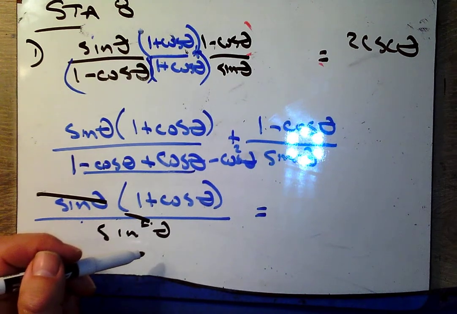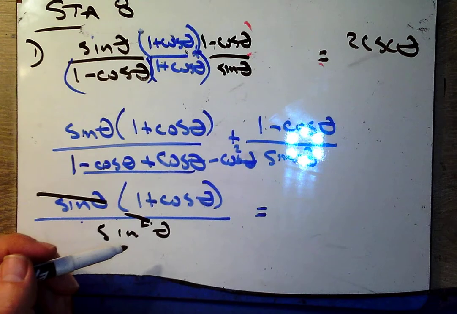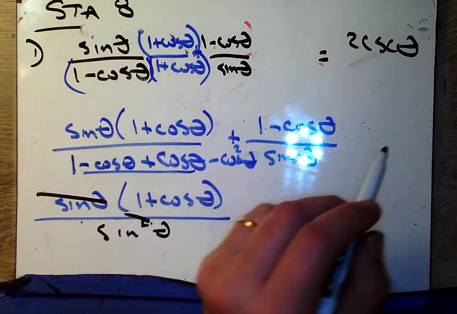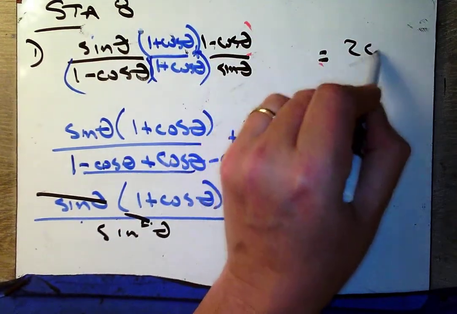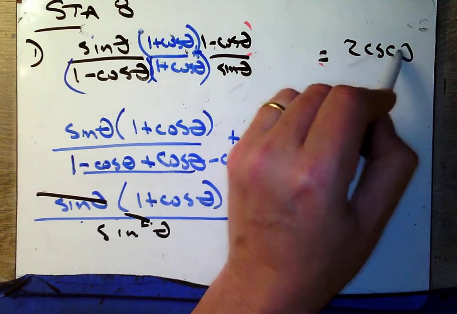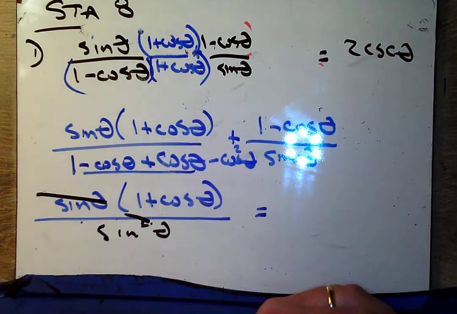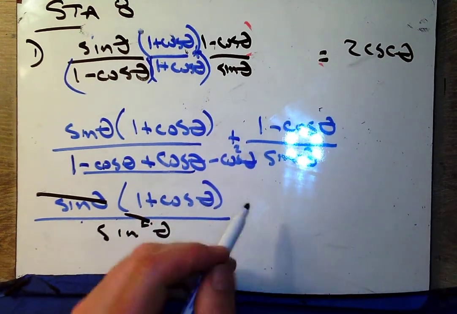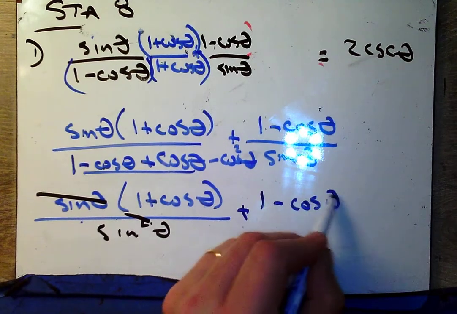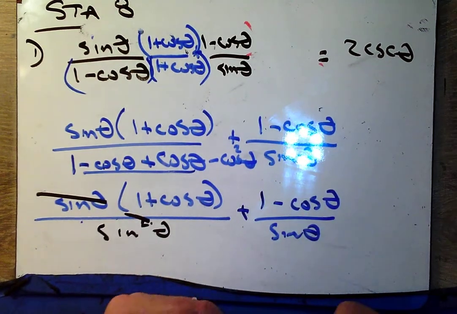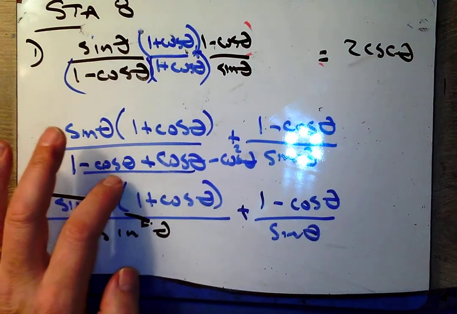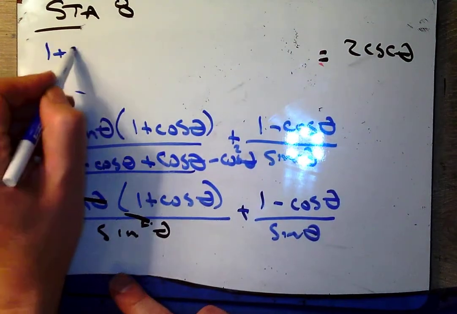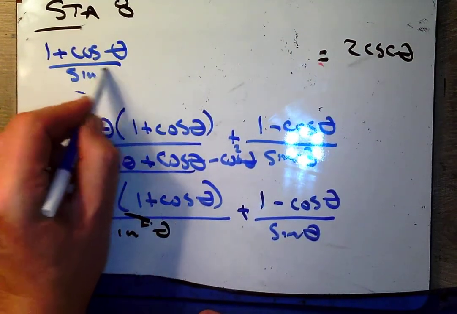Yeah, so that's kind of sad, isn't it? Because I'm supposed to have something else. Remember, this is supposed to be equal to 2 cosecant theta. So, oh my goodness, I forgot. There's a plus sign here. There's all this other stuff. Huh. Well, so I guess I could say, because these cancel, I've got 1 plus cosine theta over sine theta